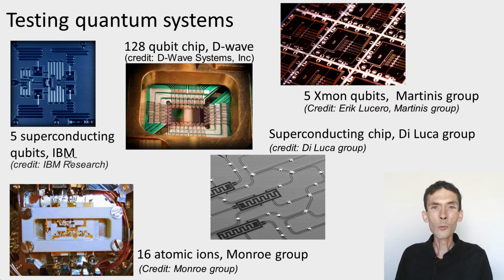IBM has a quantum computing in the cloud initiative based on this exact computer that I gave a picture of here, the 5-qubit computer. You can go to the IBM website and you can program that computer, ask it to run a certain algorithm. But then how do you know that the computer is actually running the algorithm that you're asking it to? If it's a small algorithm on 5 qubits, then you can write down everything, the state of the algorithm, do the simulation yourself, and check the results. But then if you can do the simulation yourself, there's no good reason to use the quantum computer anymore.